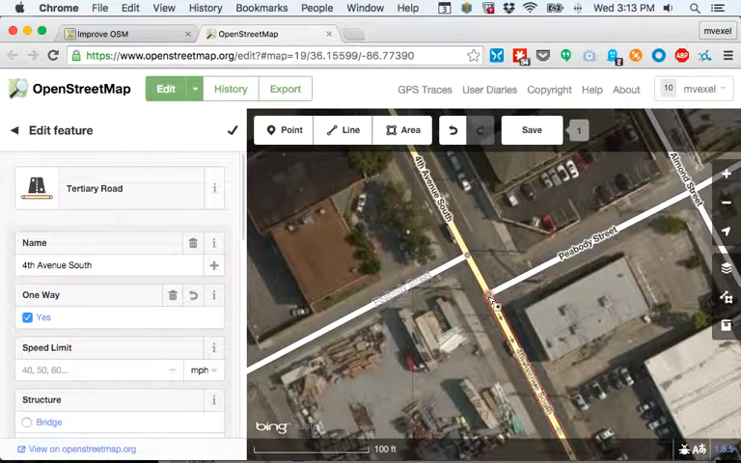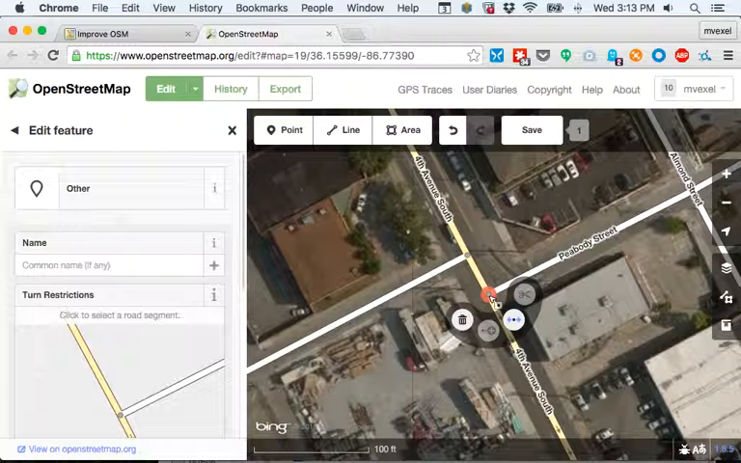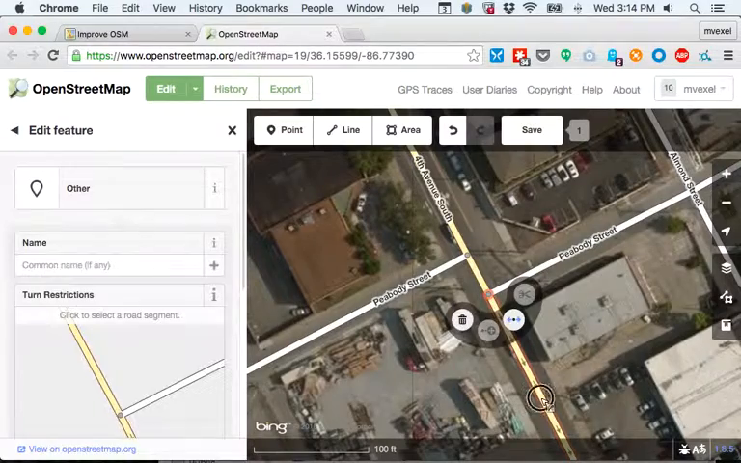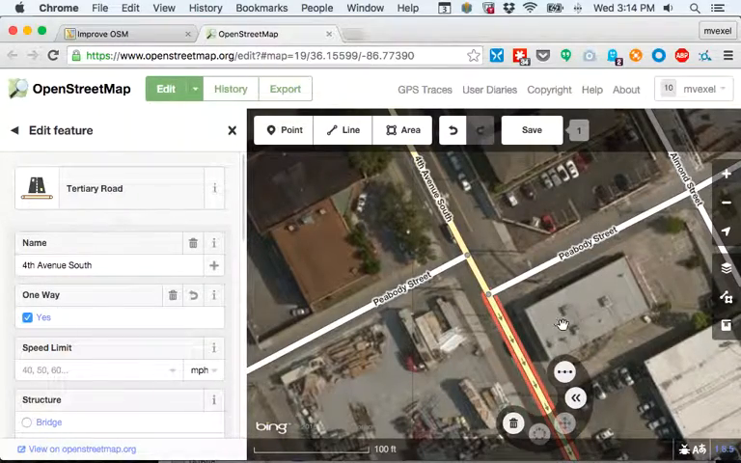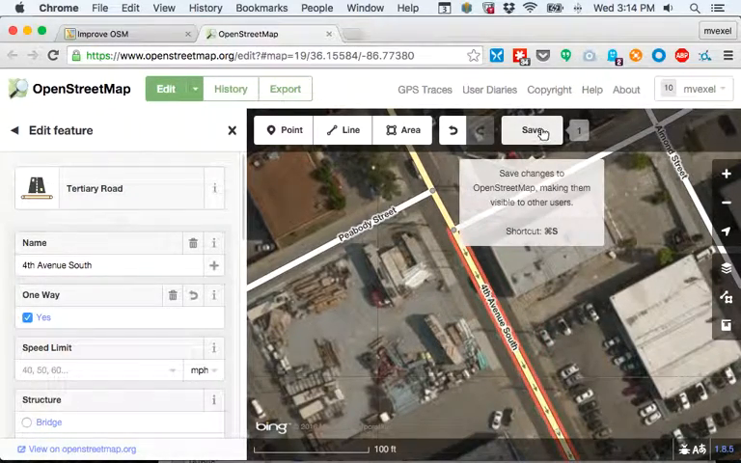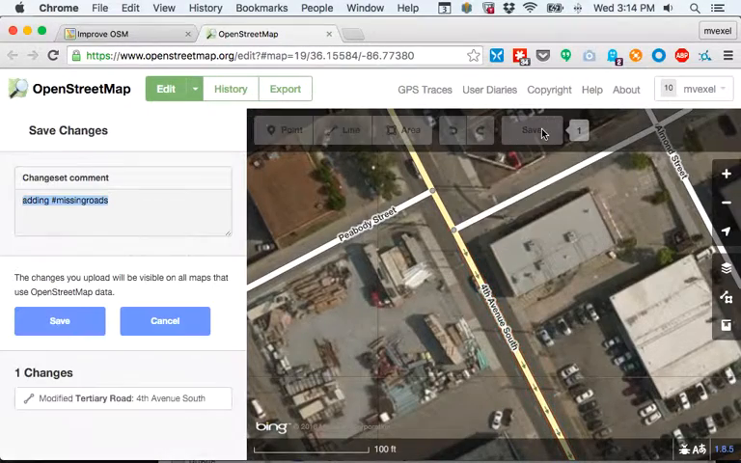So we have to make sure that this way is actually split here. If you do need to split it, you can just click on the node, and this scissor icon would be active, where you can split the way in two parts and treat them as separate entities in OSM. In this case, we didn't have to do that. So we're now ready to save this, and we're going to do so in